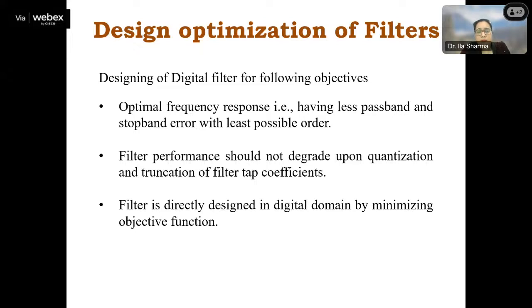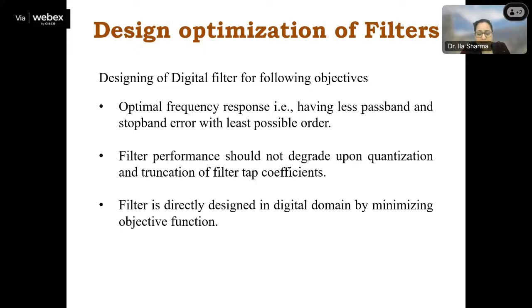So the optimal frequency response should provide this first objective of ours. Second, filter performance should not degrade upon quantization and truncation of the filter tap coefficients. This is directly related to the designing part, realizing this filter in hardware.